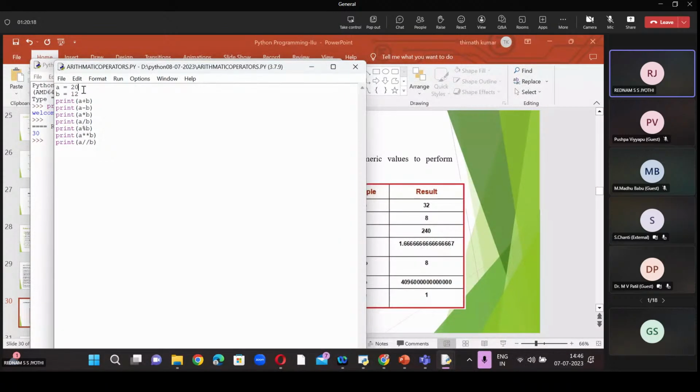If you want to take input from the user, in this case we use int input of enter a number, between double quotes. Next one is b equal to.